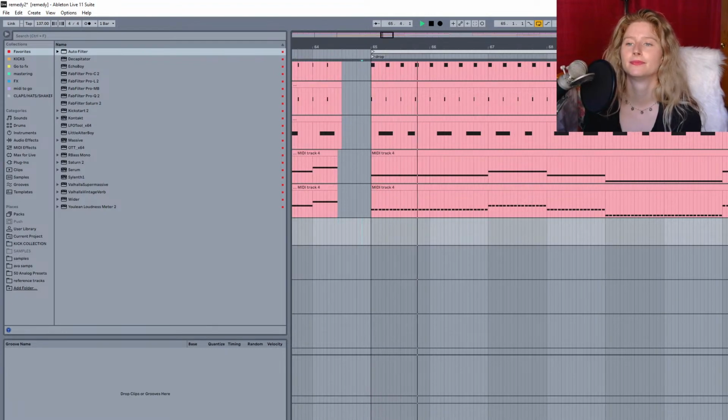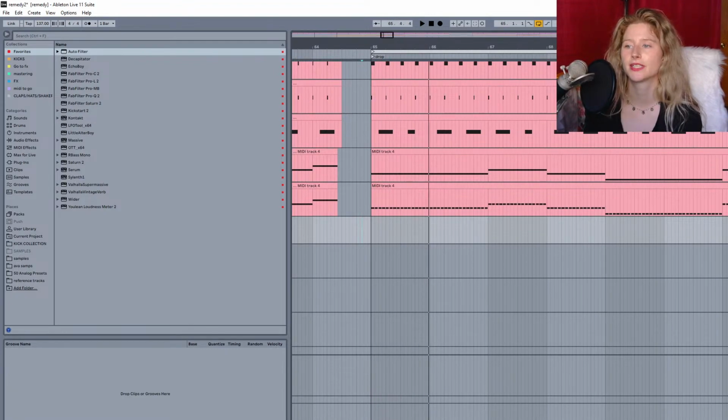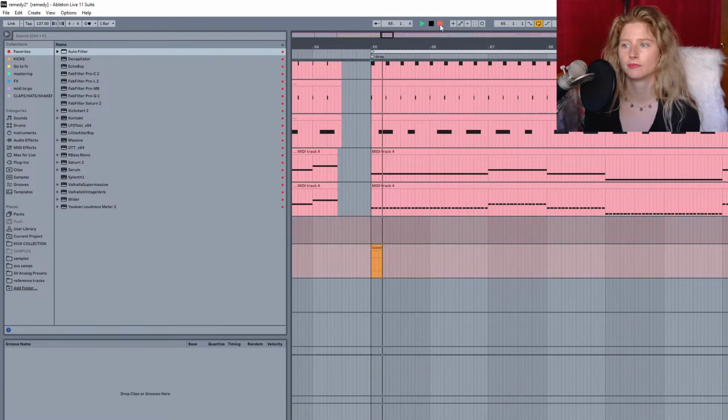Ooh, let's do bass effects first, because I'm excited about it. I'm goddamn excited. Resample.